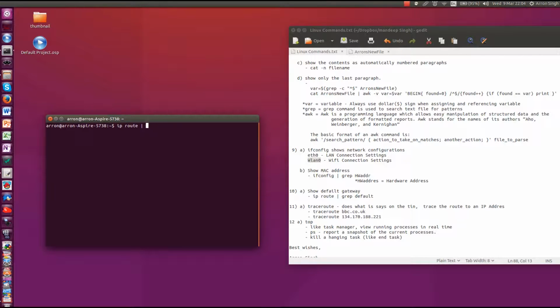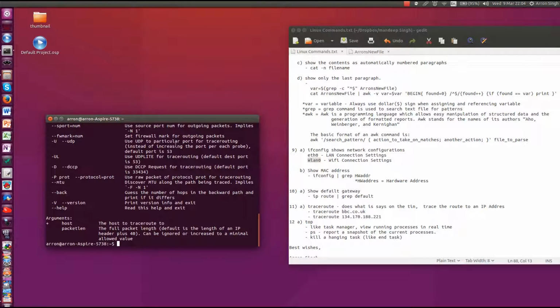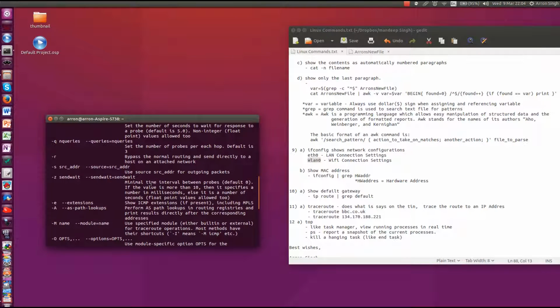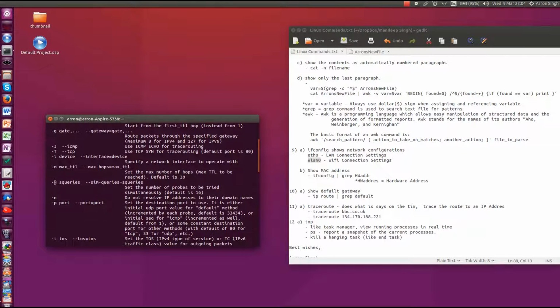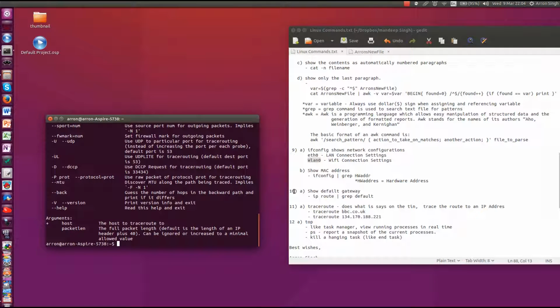Let's look at something else called traceroute now. So you'll need to download this because I don't think it will be there on your machine by default. If you just go to the App Store here, Ubuntu Software Center, and search traceroute, you'll find it there. It'll be the first option. So if we just run it up, you can see that there's many options here that you can use with traceroute. There's loads of things. The main thing for it really is to see which route your device is taking to